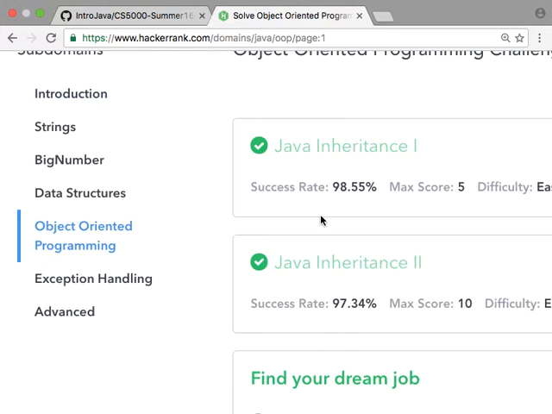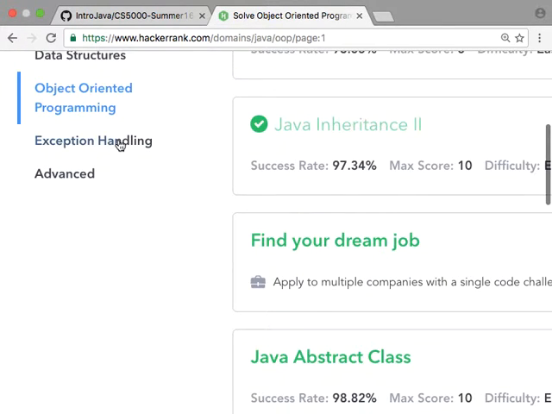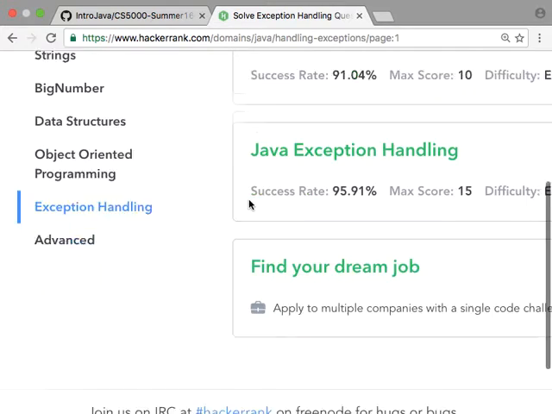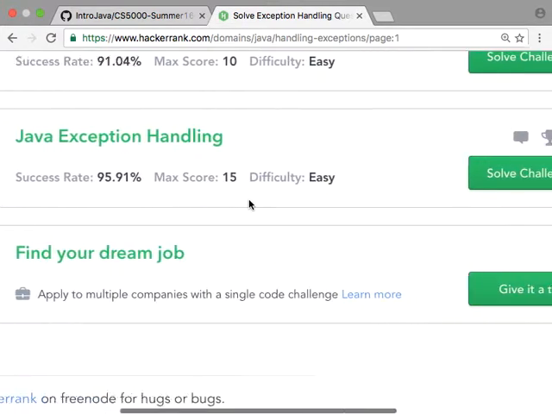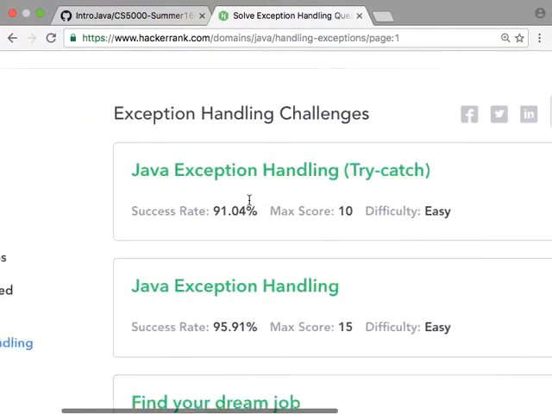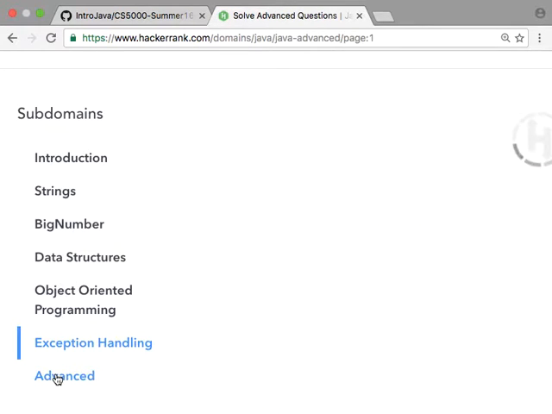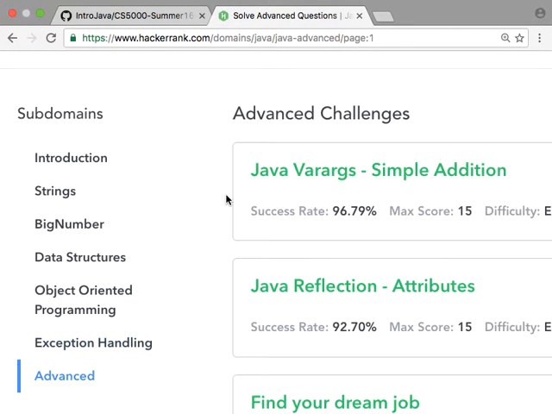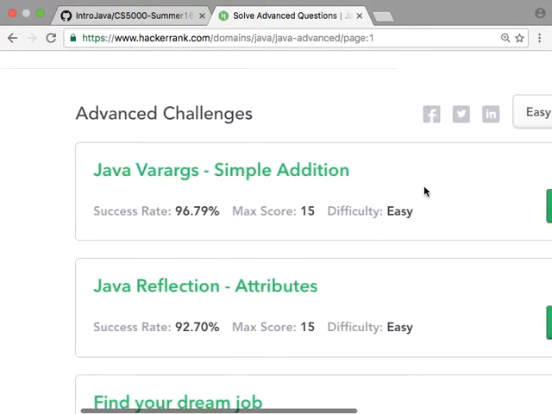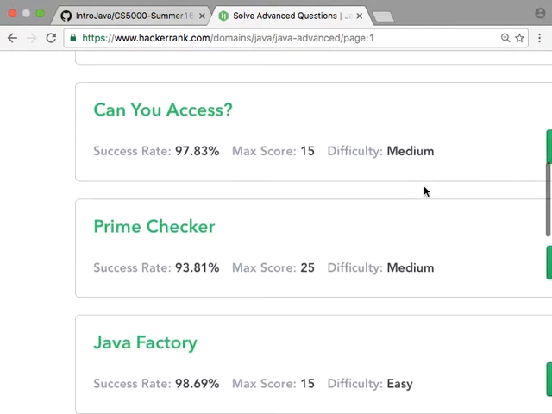So they have object-oriented programming, exception handling,